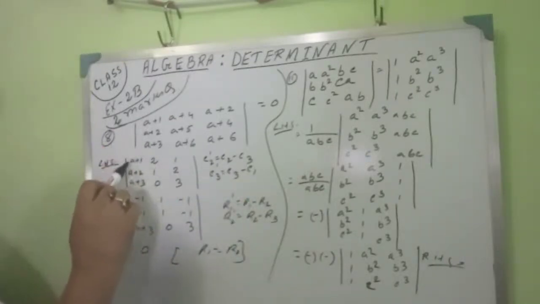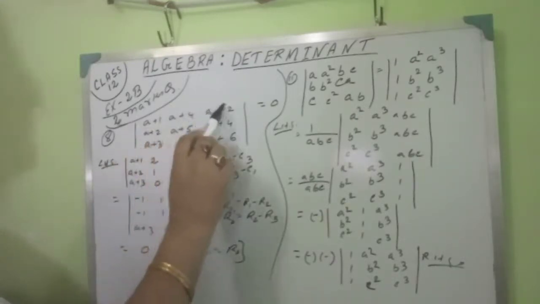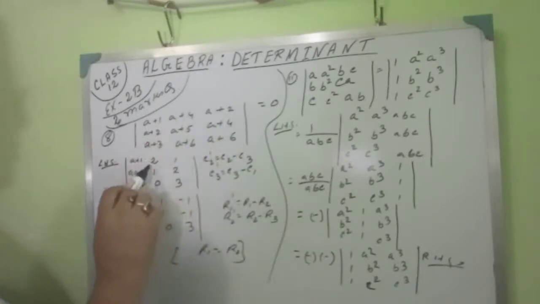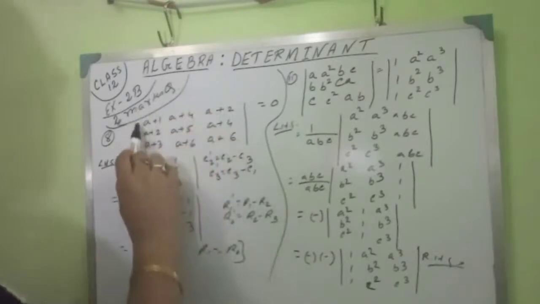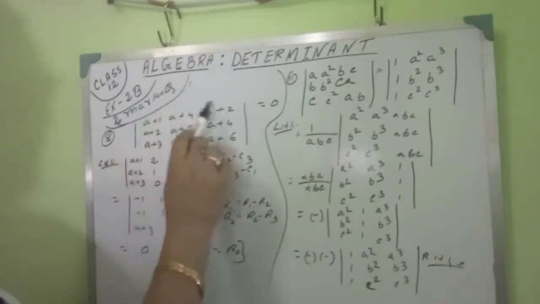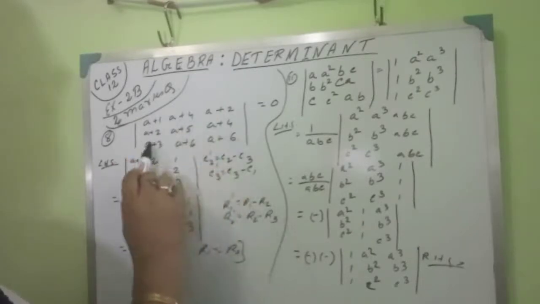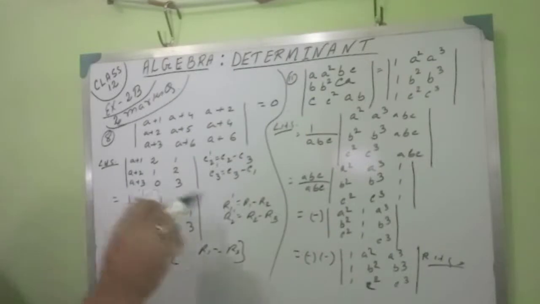We will get a plus 1, a plus 1, a plus 1, a plus 2, a plus 3, and the second column means a plus 4 minus a plus 2. So a minus a will be cancelled, 4 minus 2 will give us 2. Similarly, 5 minus 4 is equal to 1 and 6 minus 6 equals 0. And C3 dashed equals C3 minus C1. So a plus 2 minus a plus 1. A minus a will be cancelled, 2 minus 1 equals 1. 4 minus 2 is 2, 6 minus 3 is equal to 3. Okay. Next, what we will get?